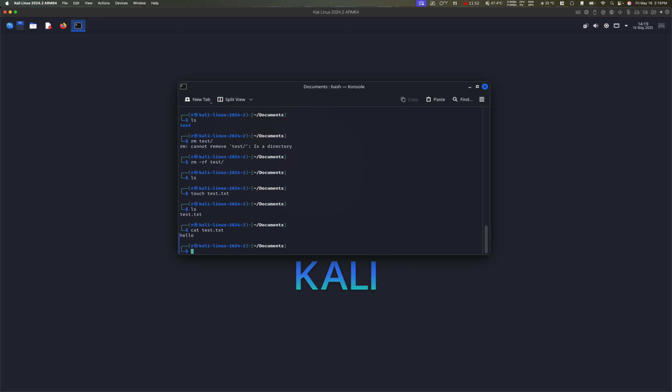Let's see, the echo command. We could say echo hello Linux. Okay, and it's going to print it out to the shell. And if we want to send it to that file, we could say,